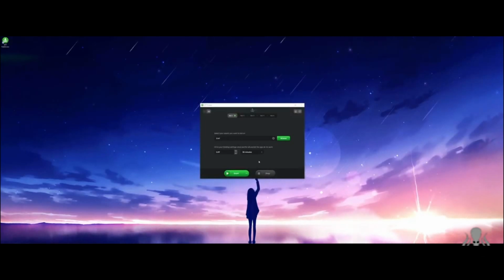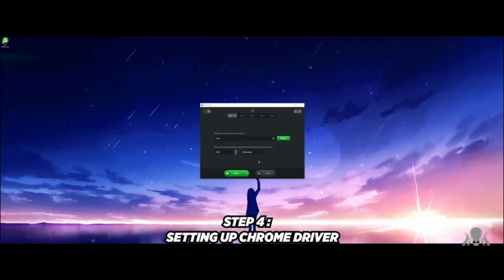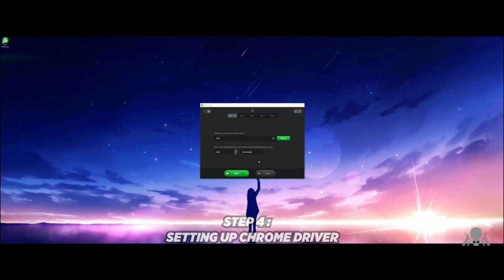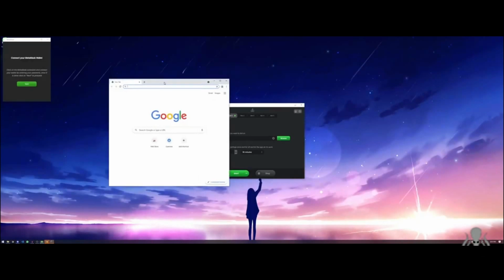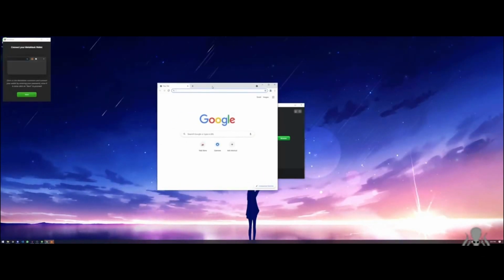What we're actually going to do though is set up your Chrome driver so it's ready to bid. This is a one-time setup, so you're only going to have to do this once. In future though, all you're going to have to do is log into your MetaMask manually and make sure it's connected to OpenSea. So now we can hit start. And as you can see, it's going to be a fresh Chrome. So what you're going to have to do is go to